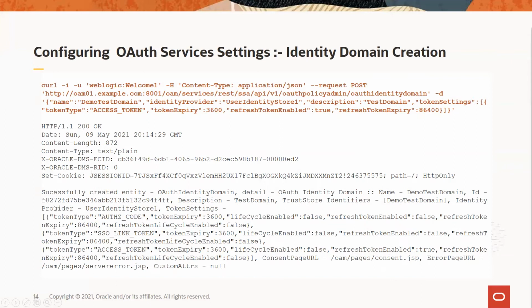You see there is an identity domain resource being created under these Oracle Access Manager OAuth services to be used. Here you will see that it has a consent page, an error page, refresh token, access token, and whether the token is linked to the SSO session. So these are the various settings which are possible using the REST API for creating an identity domain.